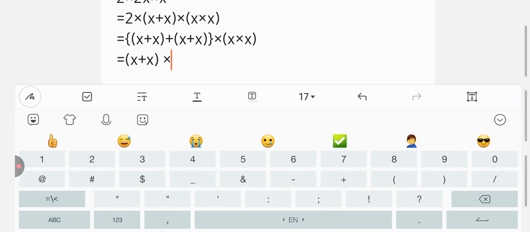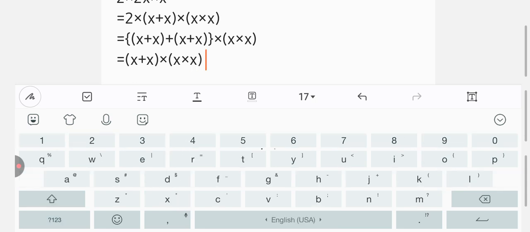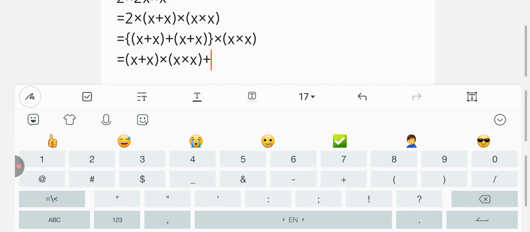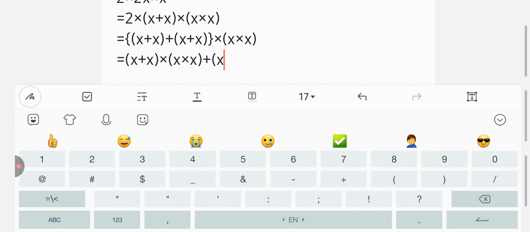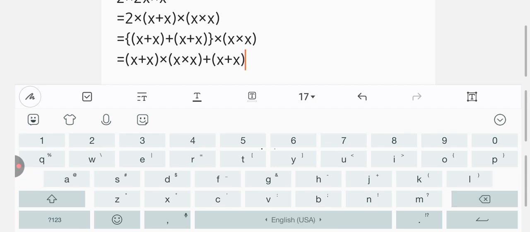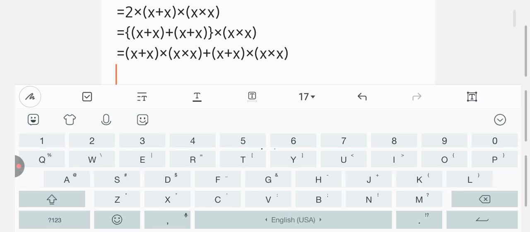times x, x plus x, times x times x. Okay, now again we distribute the x times x in x plus x,